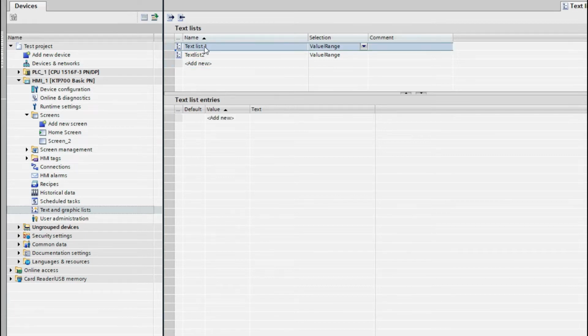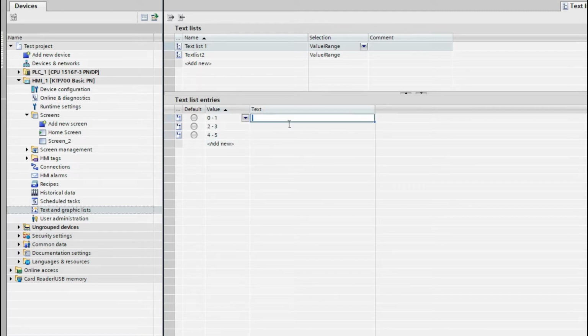Now in this text list, we have to add the text entry. Here is the value and here is the text. Against this text, what value can we choose? We can choose a range of values, or we can choose like this 10, we can choose 12 like this, or we can choose a single value. First we will use the single value, this 0, then 1,